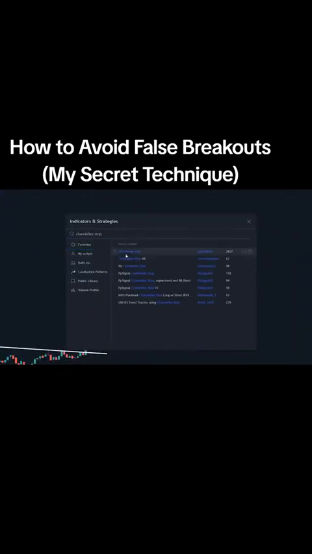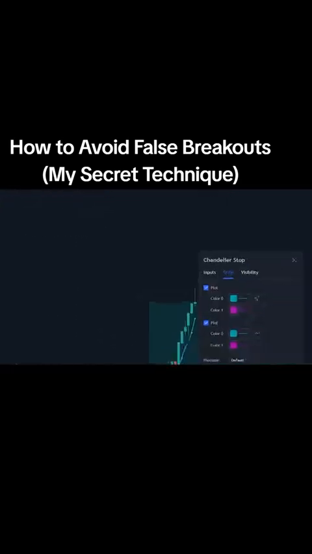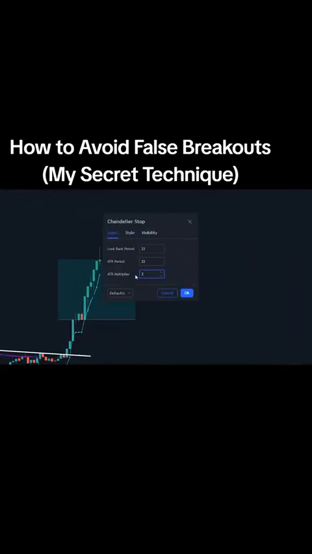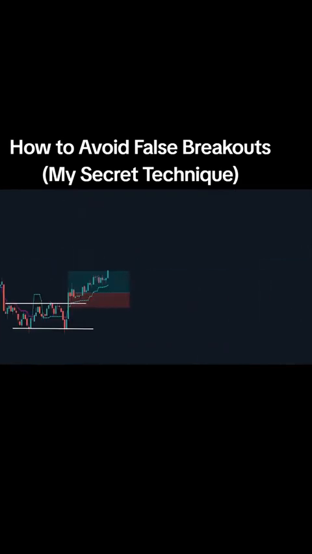To add this indicator, just go to Trading View, go to the Indicators tab, and type in chandelier stop. Then go to the indicator settings and change the ATR multiplier to 2. This indicator will give us our exit strategy. It's very simple. We sold half of our shares at the 1.5 profit mark. We let the other half run. We set our new stop loss at our old take profit mark, and we will exit the trade once the